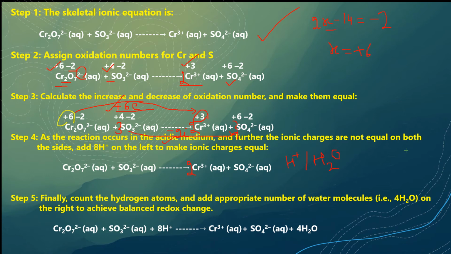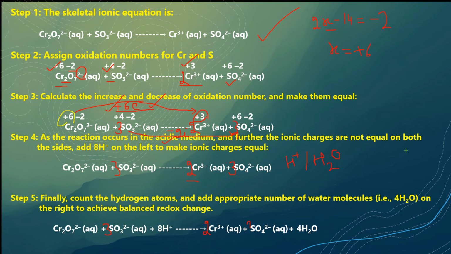3SO3 will lose 6 electrons. Okay, why 6 we need? Because here 6 electrons are required and we are balancing the equation, so the number of electrons lost and gained must be equal. So here it is 3 and it is also 3, and this 2 is already there as I explained. So here in the final equation, just to avoid any confusions, I am writing here and then we'll be making use of the acidic medium.